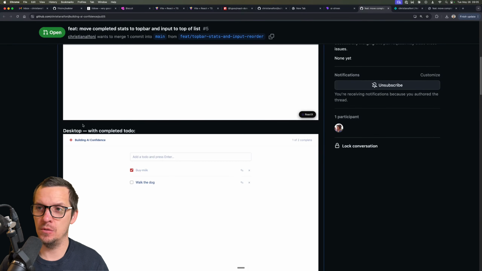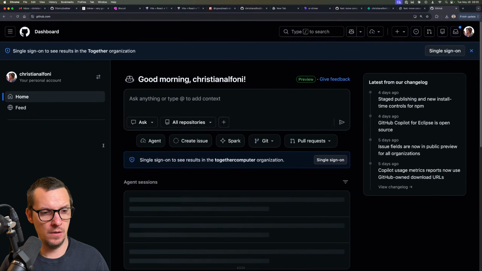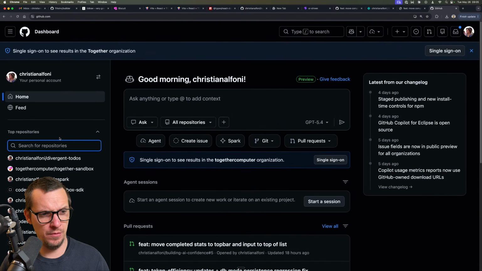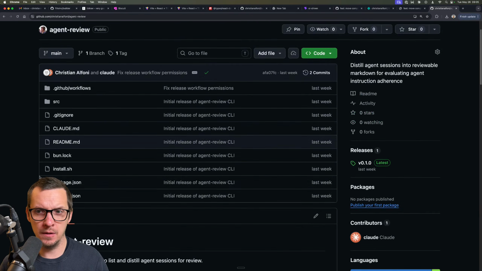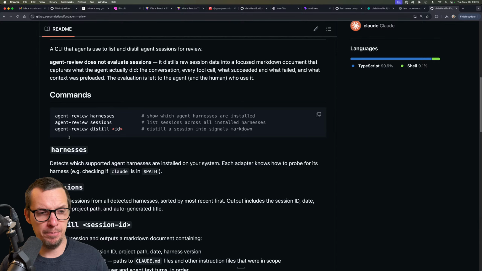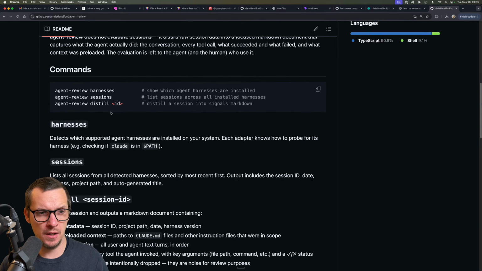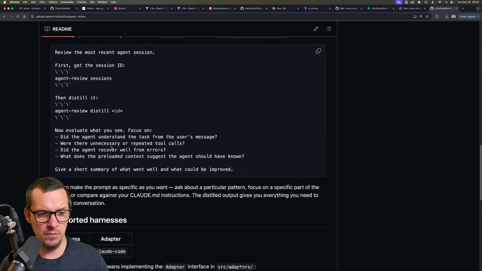Yeah, maybe we could use this other project I have called Agent Review. So this is the compressor. It basically is a CLI that allows you to list sessions and then distill a session into something that can be reviewed.